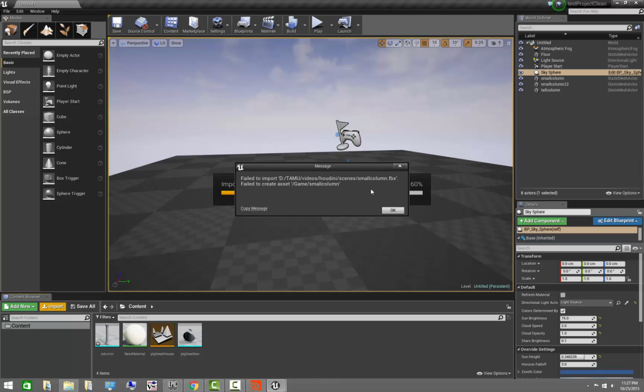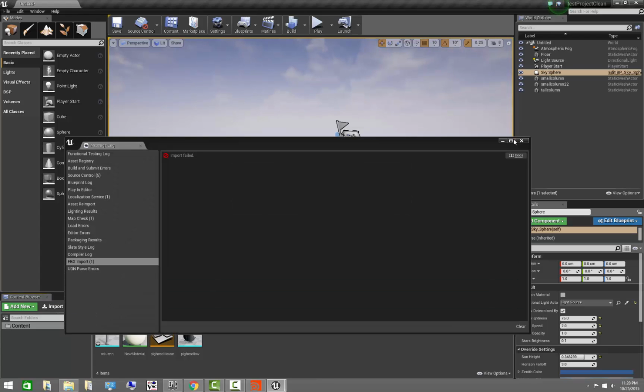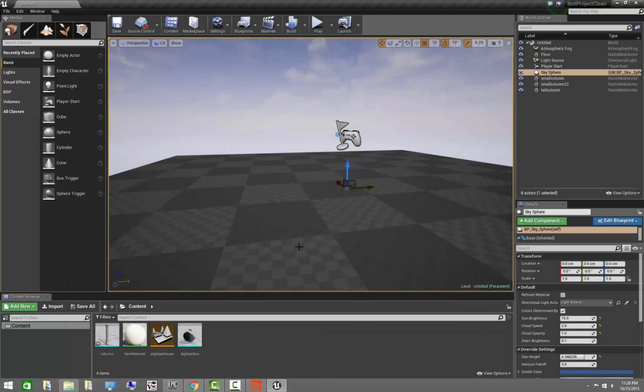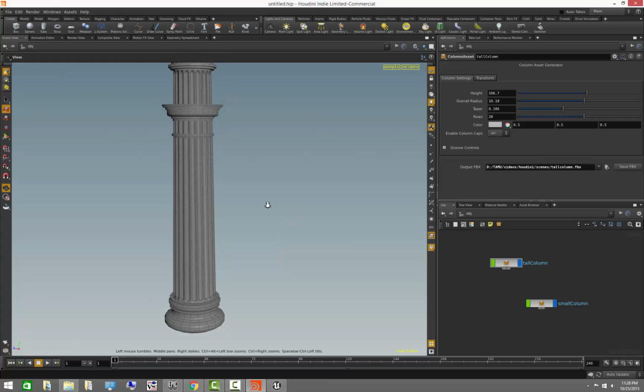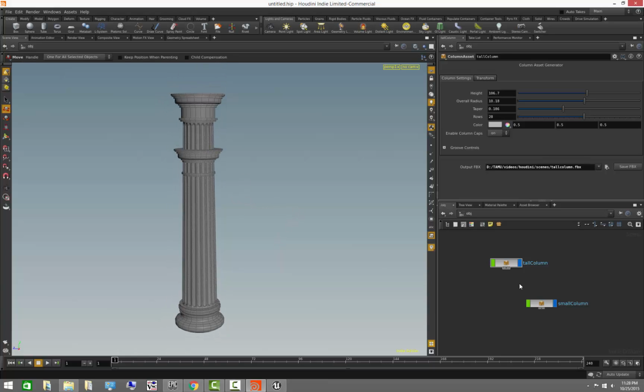You notice that we get an error here. Okay, and I'll explain what this is. This is something that you may run into when working with FBX files coming from Houdini into Unreal. And I wanted to show you what causes this problem. Okay. If we go back to Houdini, everything seems to be working great here. But if we go dive inside of our small column,